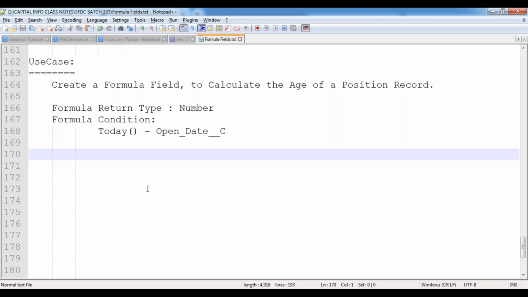Here I want how many days are over, because this is a very simple calculation. These positions are not available for years. Whenever we have a new vacancy, a new job, the HR people will have a maximum of one month, not more than that. So within one month they have to recruit the candidates. That's what I'm indicating, a simple number data type.